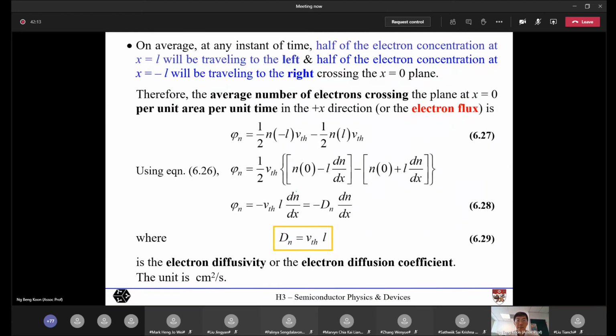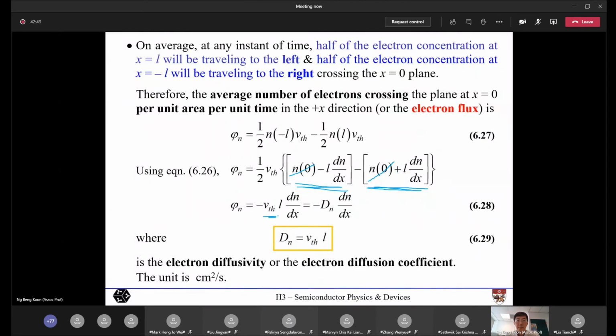For n(-L) it is n_0 minus L dn/dx. For n(L), as I mentioned before, it is n_0 plus L dn/dx. This allows you to cancel out some of the terms. You notice that the n_0 cancels out, the L dn/dx adds on, and we get the electron flux as